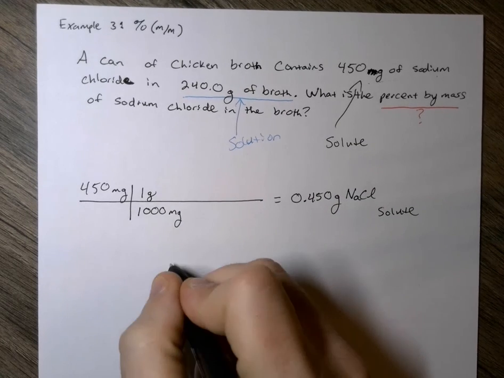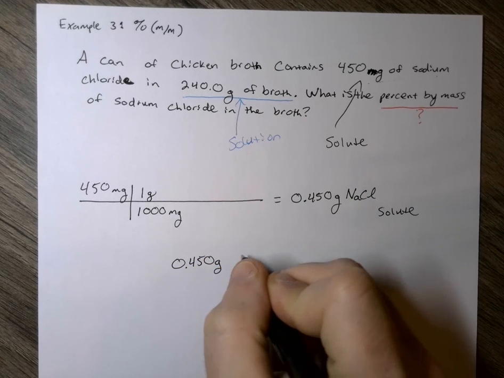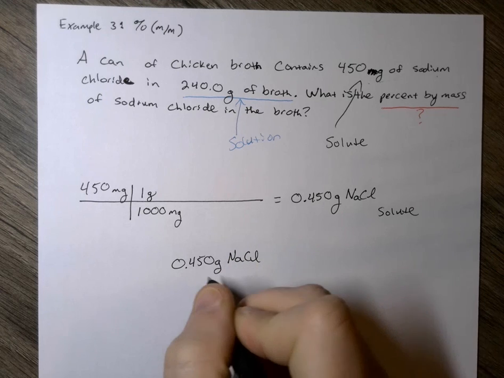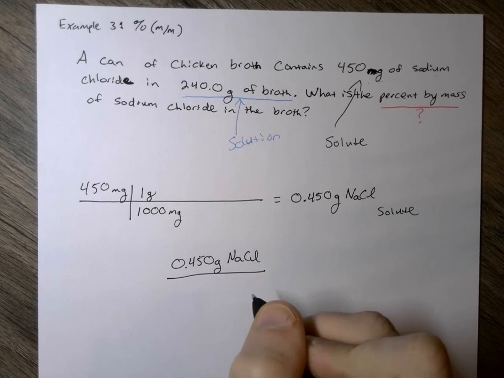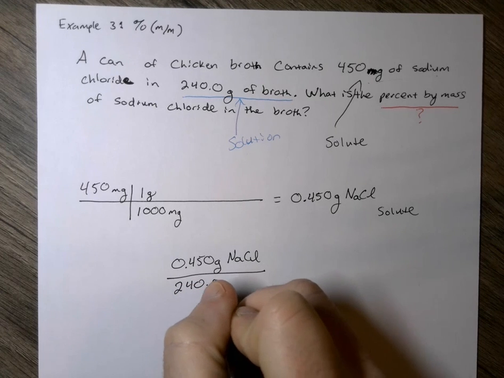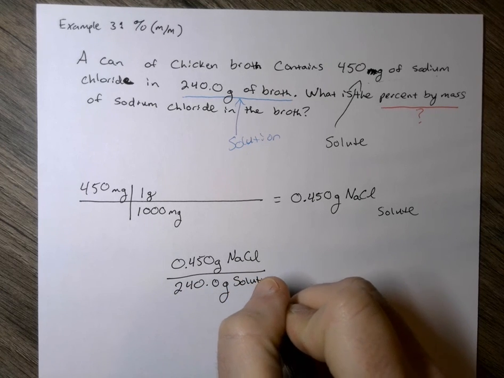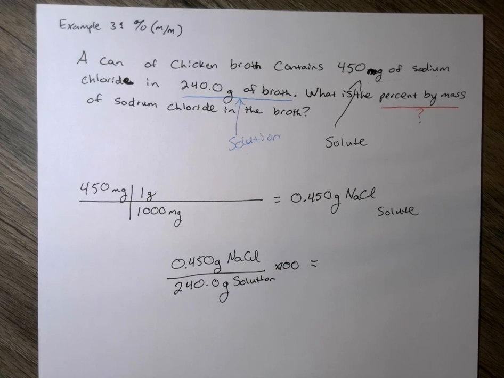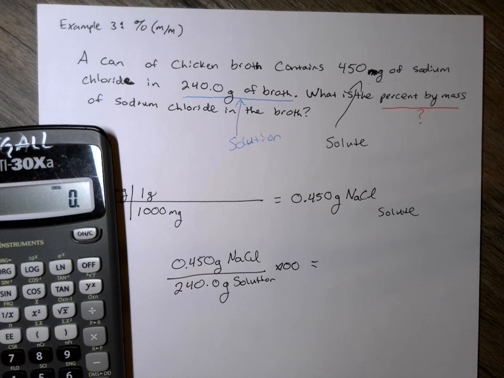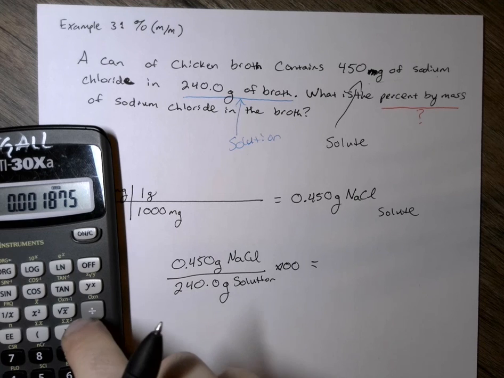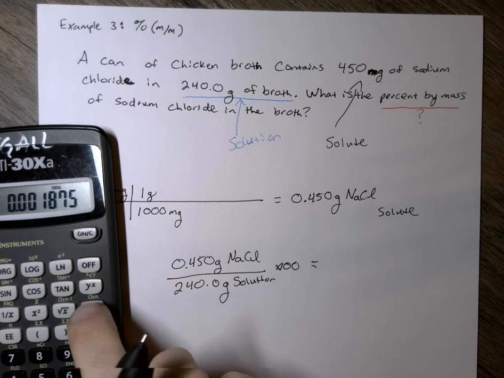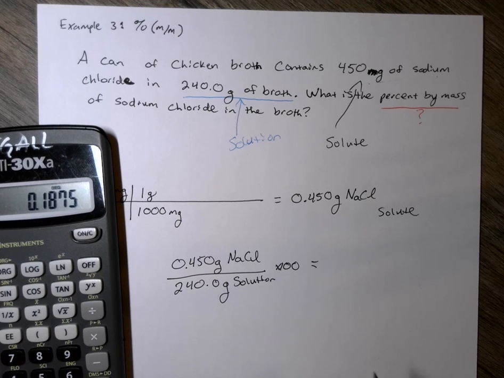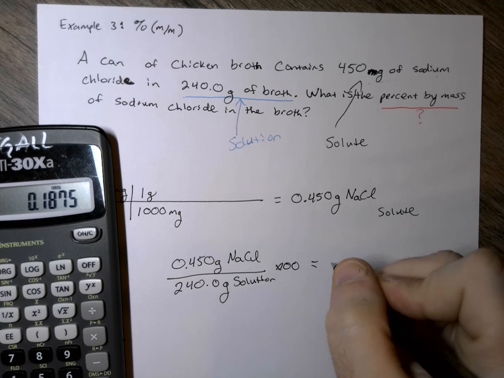So I take my 0.450 grams of NaCl, and then I'm going to divide that by the total, 240.0 grams of solution. I'm going to multiply that by 100, and that's going to tell me my percent by mass. So 0.450 divided by 240 gives me 0.001875. I'm going to multiply that by 100 now, and that tells me that my percent by mass of sodium chloride is